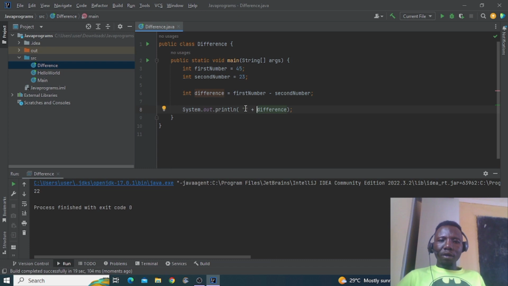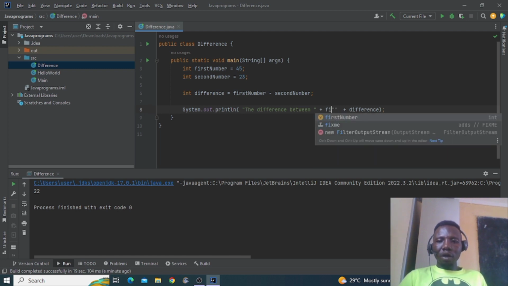But here inside this, I can say the difference, then here I want to say the difference between, then I want to see the first number, between, then let me add another one here, between,